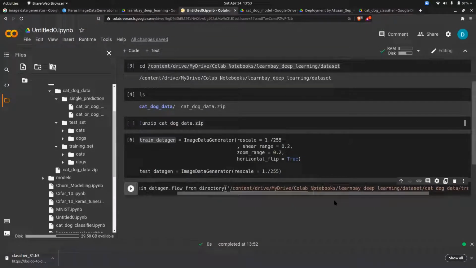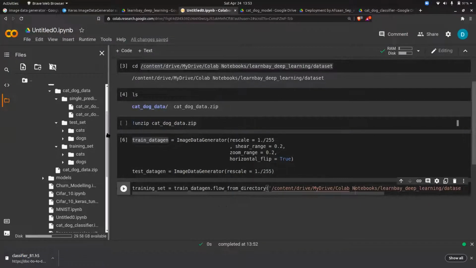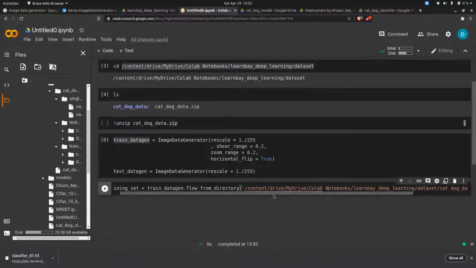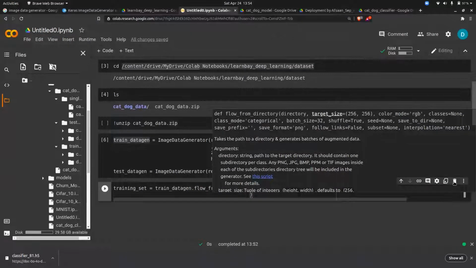Have you done that, everyone? Yes. Okay. Now the second thing we have to do is put a comma and decide the target size. Target size is 256 by default. Target size is what? Can anyone tell me?